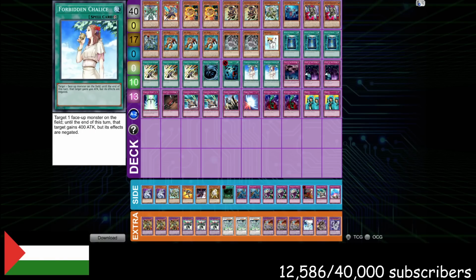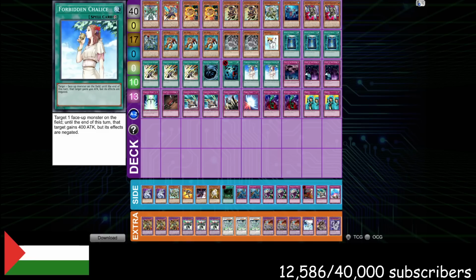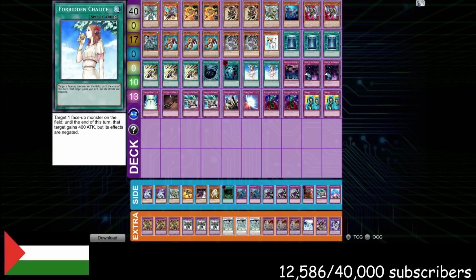And because it's modal, unlike Gladiator Beast War Chariot, it actually has applications in matchups like Hero Beat or matchups like Blackwings, where maybe Gladiator Beast War Chariot doesn't really do anything because it's not a hard removal spell. Forbidden Chalice actually can act as kind of a jank removal spell in those situations. So because it has that modal option, it's a little bit better in some of those matchups, and it's better